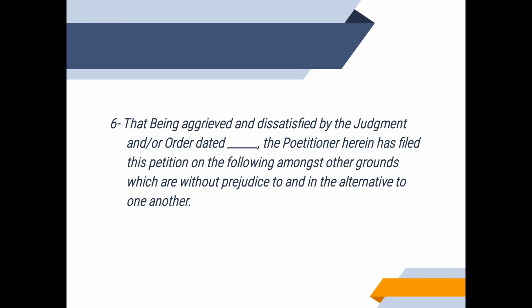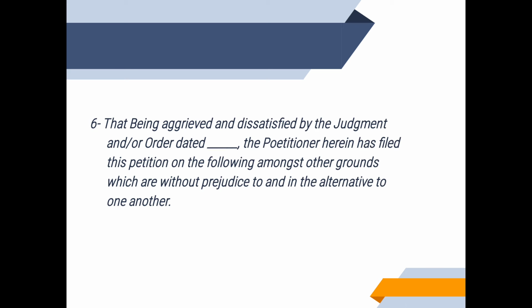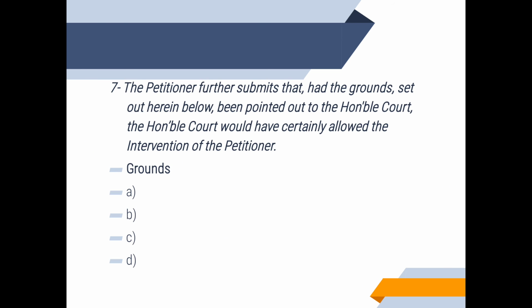Then it should be mentioned that, being aggrieved and dissatisfied by the judgment of so and so date, the petitioner herein has filed this petition on the following amongst other grounds, which are without prejudice to and in the alternative to one another. After this you have to specifically mention some ground, which can be taken from the plaint, that may also be considered by the court, but you must specifically